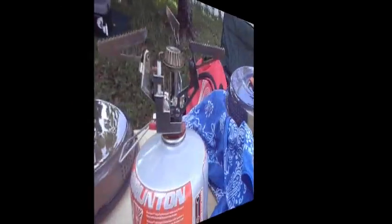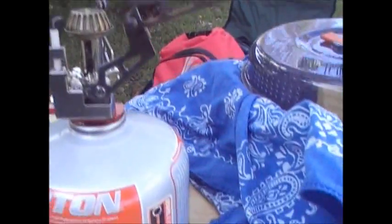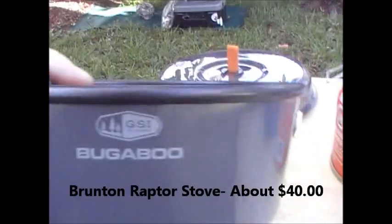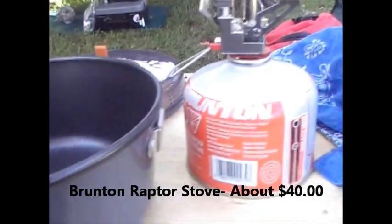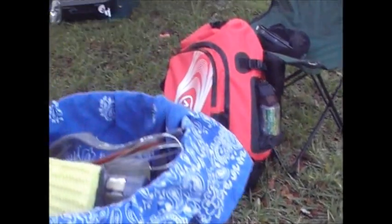We'll be back. Alright guys, I got my stove canister and stove. I'm using the Brunton Raptor stove. It's got an automatic ignition system on it. I'm using the GSI Bugaboo camp set that I have. This is the large pot with a cover and a strainer lid, and in the smaller pot nested inside the